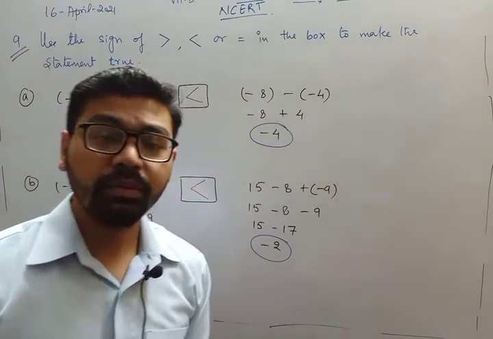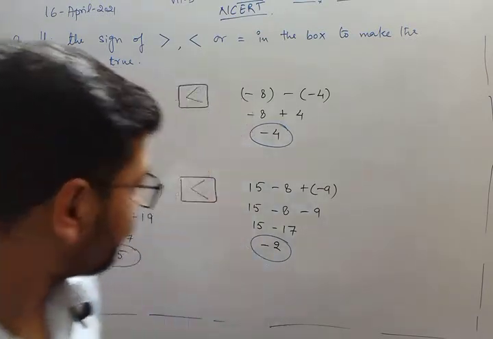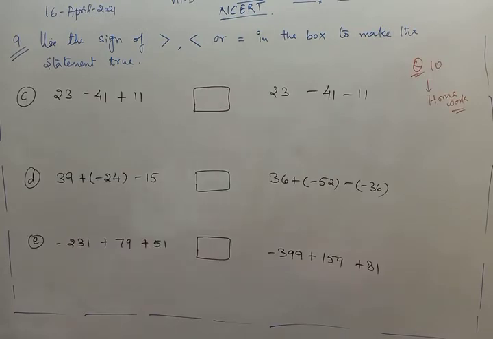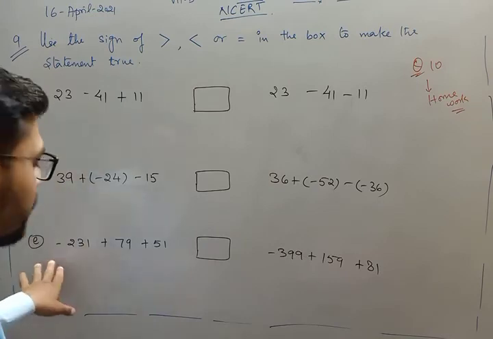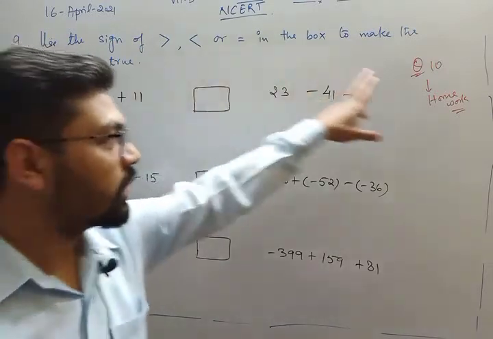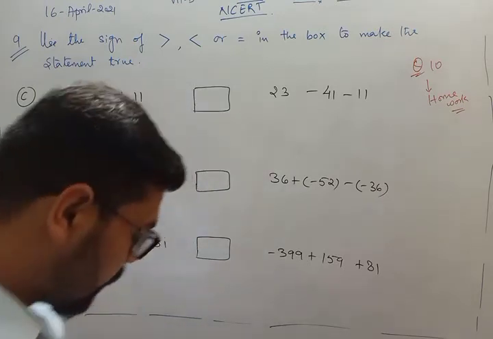And beta, again and again I'm saying the same thing. If you have any doubt, you can ask me in the Zoom classes, okay? So you just need to try part C and part D. I'll explain you part E, and question number 10 is your homework. So these two parts and question number 10, this is your homework. If you have any doubt, you can ask me in the next class, okay?